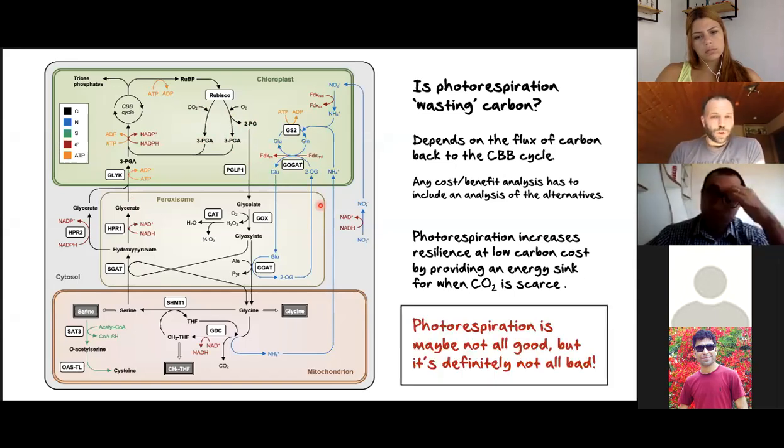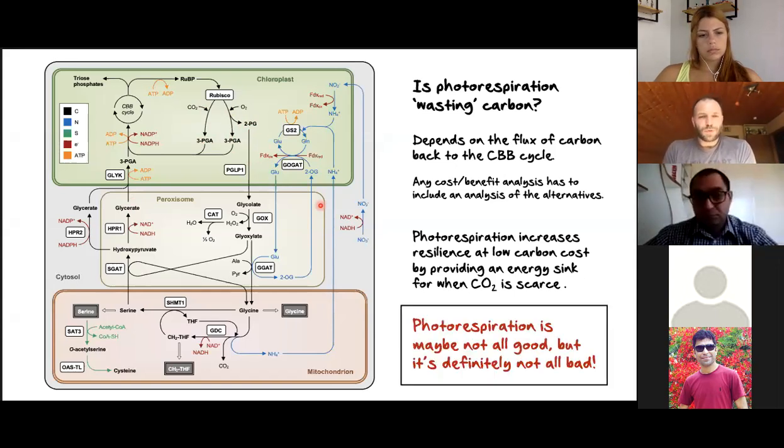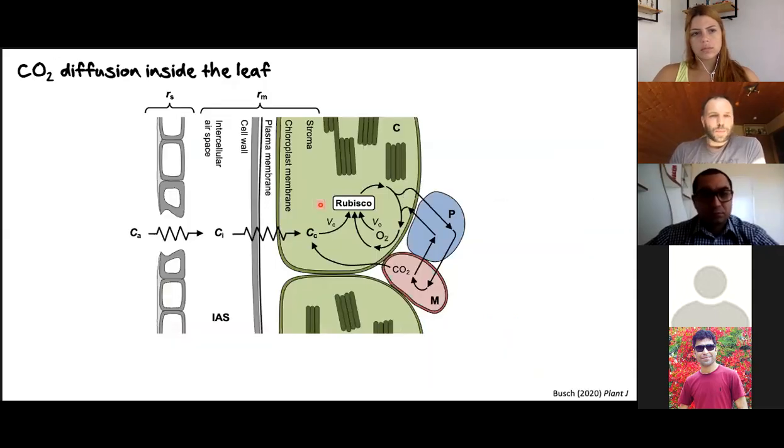So third bottom line is, in my view, photorespiration is maybe not all good, but it's for sure not all bad, and has quite a few positive aspects to it. So I wanted to spend a couple of minutes at the end outlining how we can actually quantify